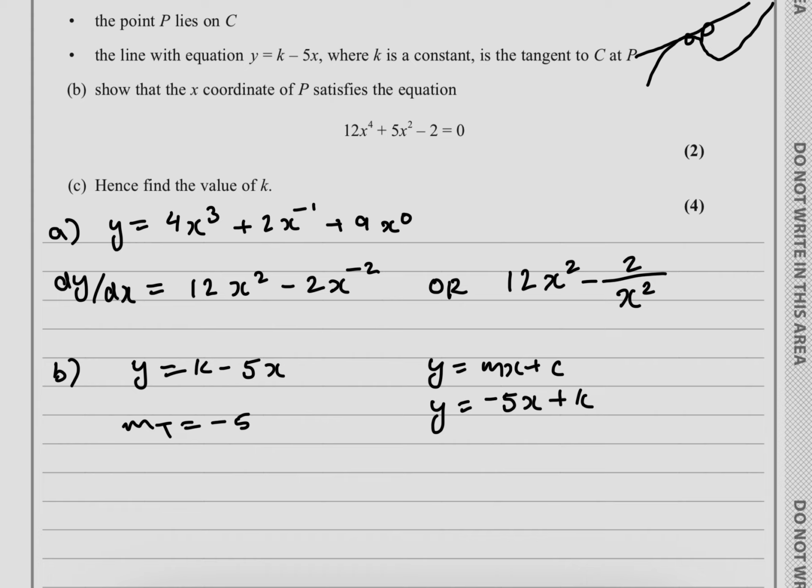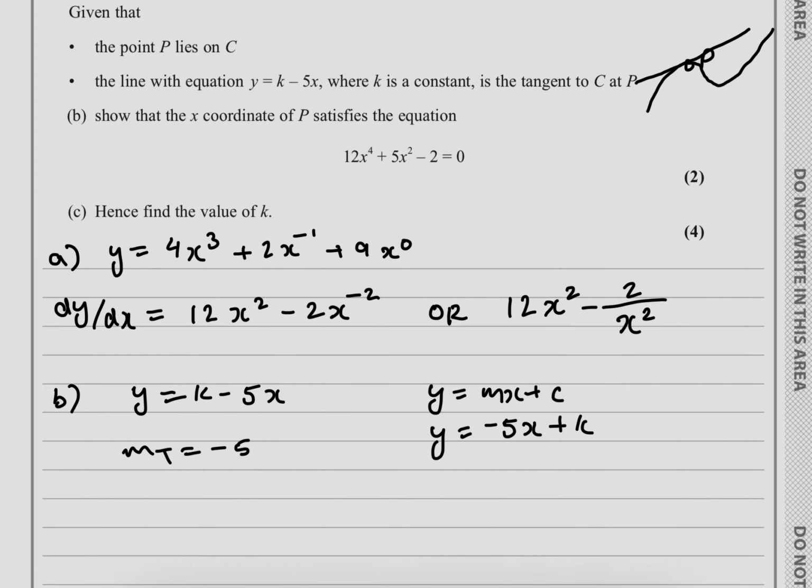So what does this mean? Point P has coordinates x and y, correct? If you were to take this x and substitute it into dy by dx, you would get minus 5, because dy by dx is also your gradient function. So